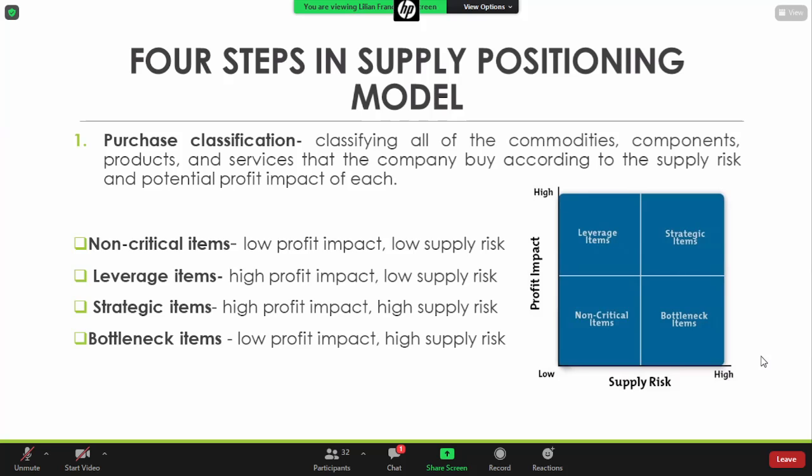It is difficult to change supplier, and the products are crucial for the process or the product of the buyer. Also, it has a high profit impact sa financial result ng isang firm. So, they deserve the most attention from the purchasing department. That's why ang recommended purchasing strategy ay to form a partnership between a company and the supplier. Tulad na lang ng mga co-creation ng product with the supplier. Yung strategic items naman is opposite naman siya ng non-critical items.